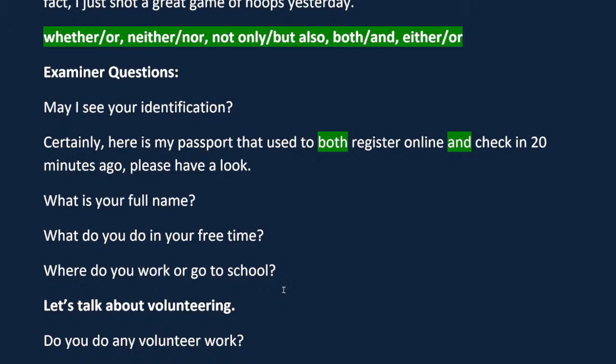Please have a look. Some students think you're not being graded or marked for these questions, but in fact, that's not true. The examiner is judging your speaking skills from the very beginning. And you can use these first few questions to remind yourself of these important components like correlative conjunctions.